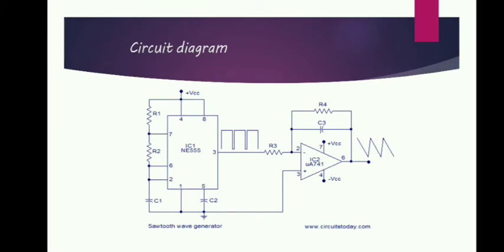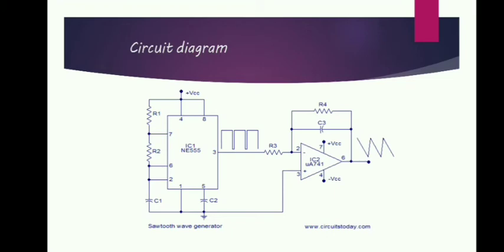The IC NE555 timer is wired as an astable multivibrator with unequal on and off times. The resistors R1, R2 and capacitor C2 will set the on and off time periods. Their values are selected so that the off time is less than 10% of the on time. We select based on this because we have to get an asymmetric square wave.